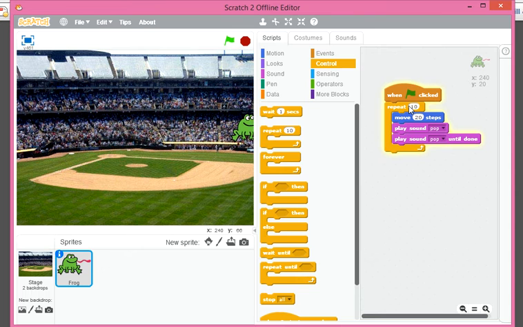10 times it will be repeated, or you can decrease the numbers also from here. If you want to repeat it for 5 times, just go there and put 5, and if you want to take it back, now see, it will repeat 5 times. Okay, like this, just do this.